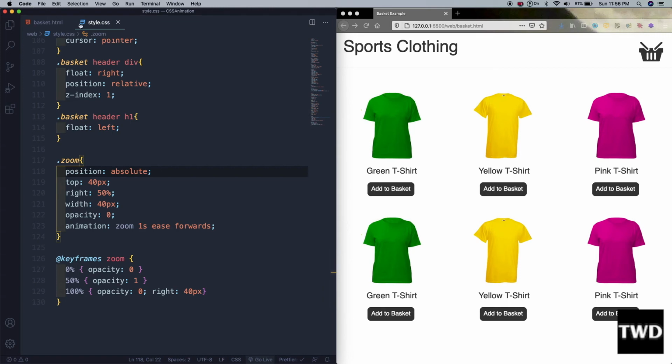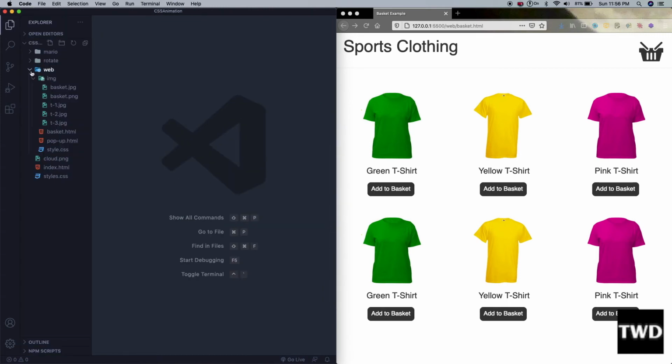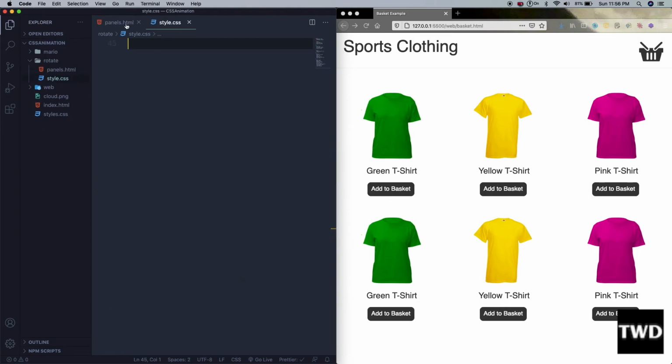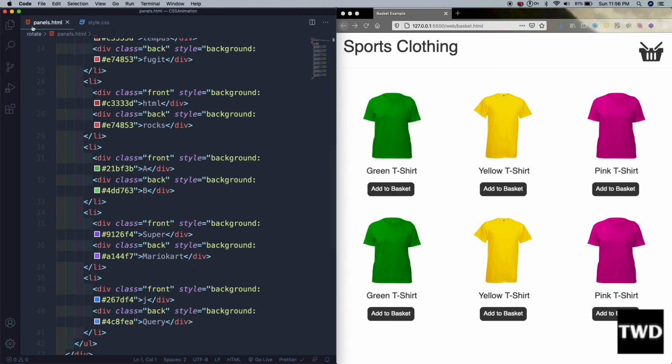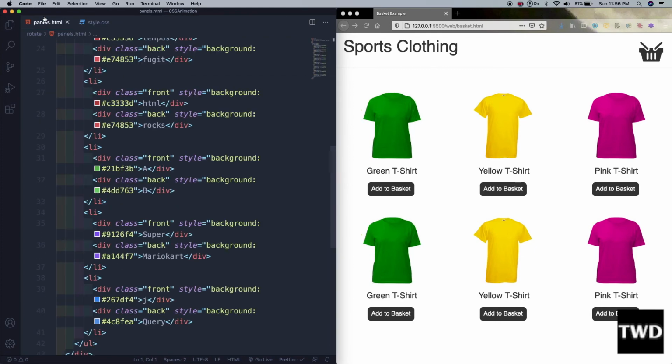So for this, let me close both of them, and actually I have created a new folder known as rotate, which has this panel and this style.css. Okay, style.css is also there.